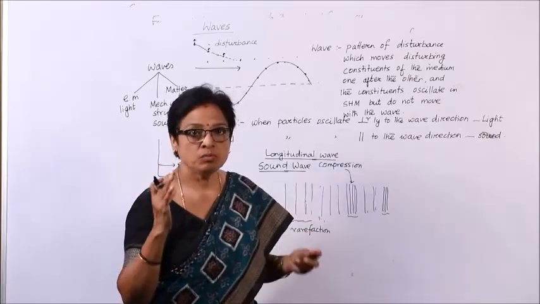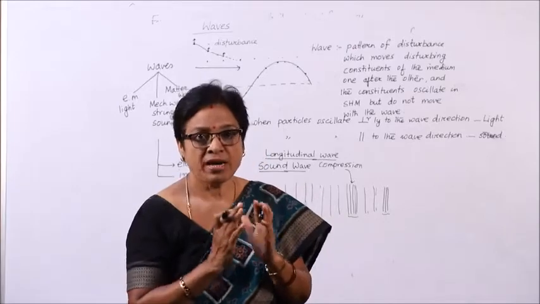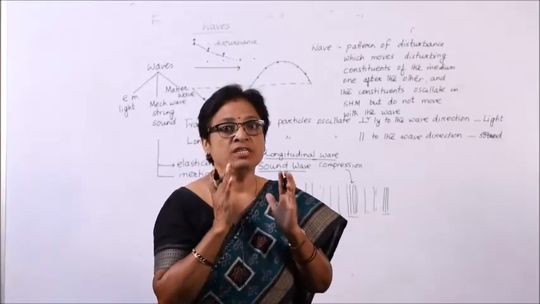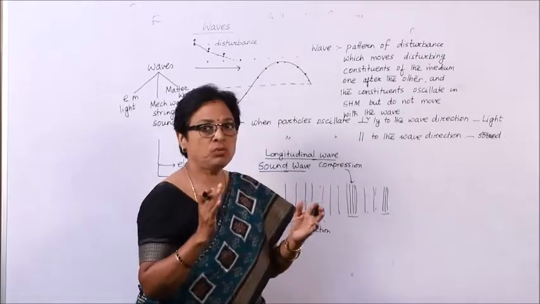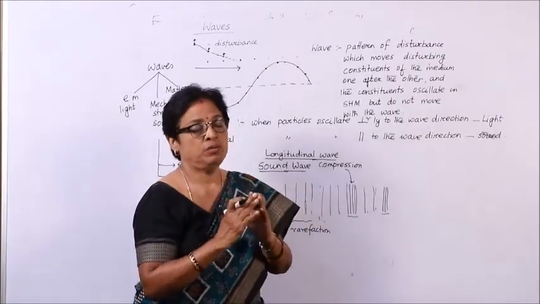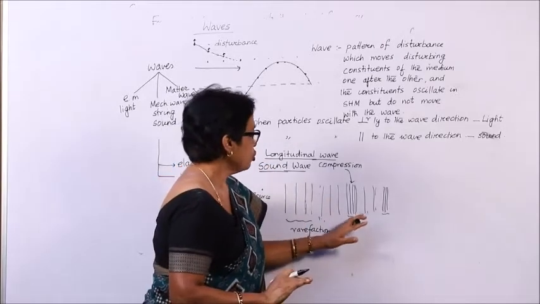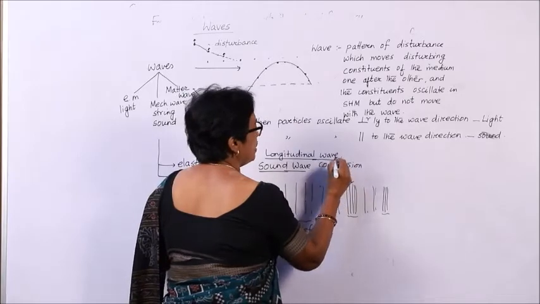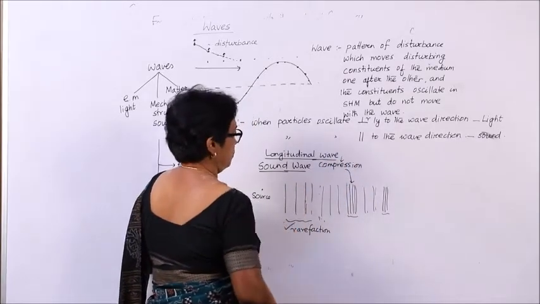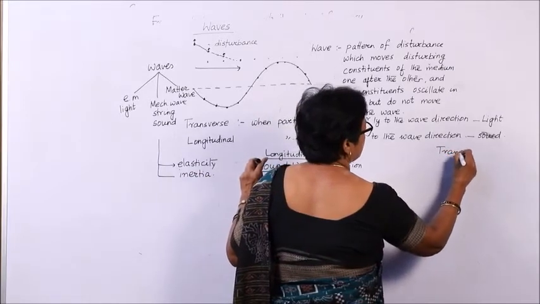Rarefaction is the portion of the medium where the layers are far apart or away from each other, the density is less. Compression is the portion where the layers are close by because they have been pressed, it is pushed in this manner. So compression and rarefaction. So longitudinal wave consists of compression and rarefaction. Whereas in the case of transverse wave,